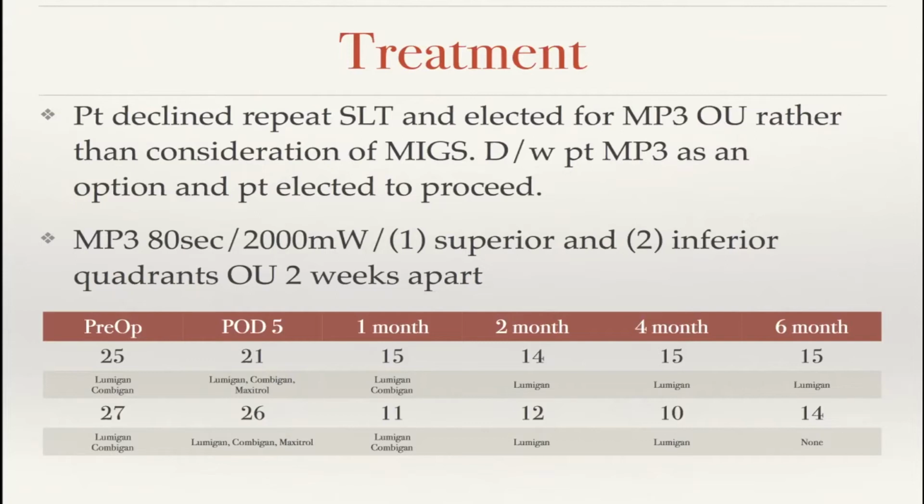Preoperative pressures, again, were 25 and 27. At post-op day 5, they're on their current preoperative medication. My standard protocol right now is I add Maxitrol 4 times a day for about a week and then taper. At day 5, the pressures were not too impressive, but after tapering the steroid and allowing them to heal a little bit, by 1 month the patient was already getting a nice significant drop in pressure